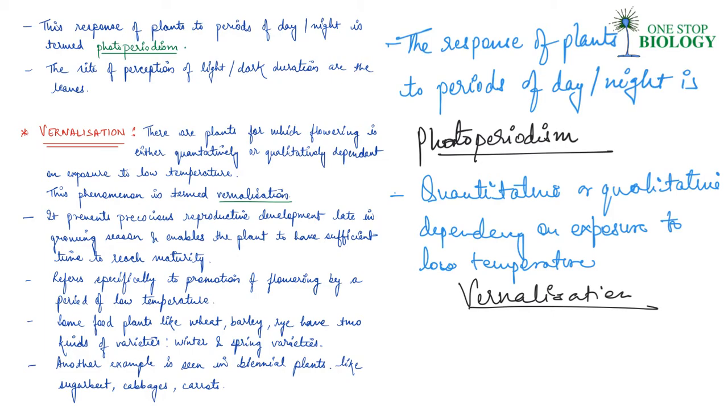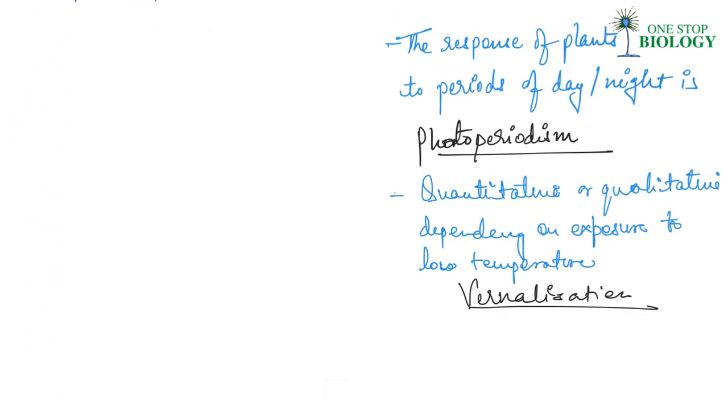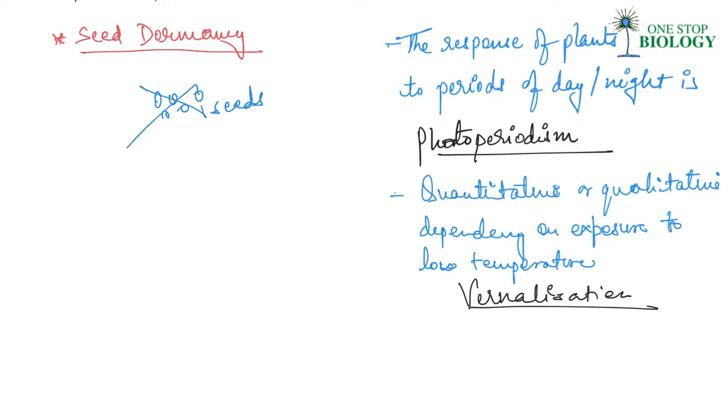Now, the third topic is seed dormancy. Let's see that as well. Seed dormancy. There are certain seeds which fail to germinate even when external conditions are favorable. So you have seeds and they do not germinate at all. Such seeds are understood to be going through a period of dormancy,